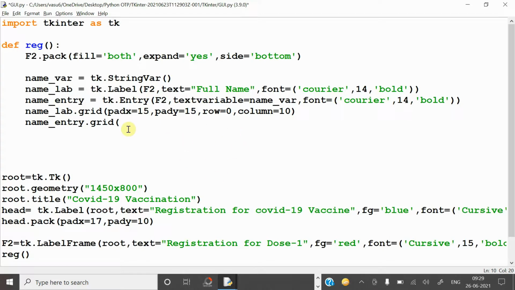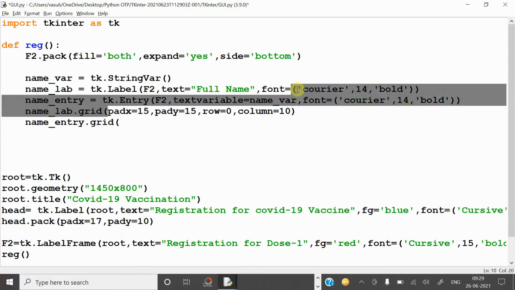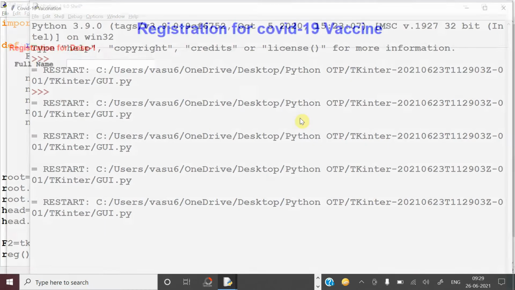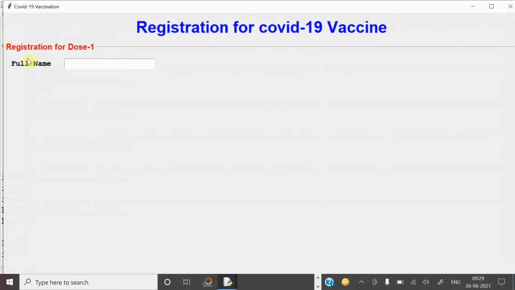So again here if you carefully observe that both the things should be under the same row side by side, but column should be just beside that one. So now next run this one. See this one. So this is the full name. So here user can enter. So like this they can enter the data.